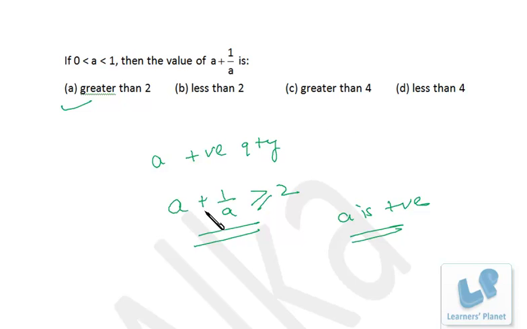If a is say 3 by 2, then it will not be greater than 4, but it will always be greater than 2. You can take any positive value of a, not necessarily between 0 to 1. You can take any value, right? It will always be greater than 2 if a is positive. Okay,